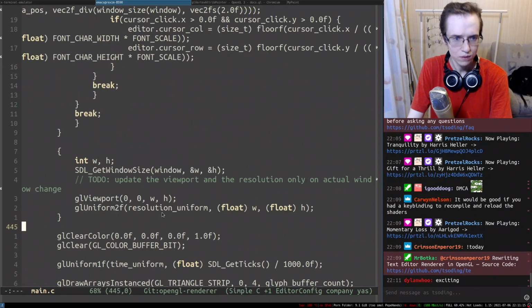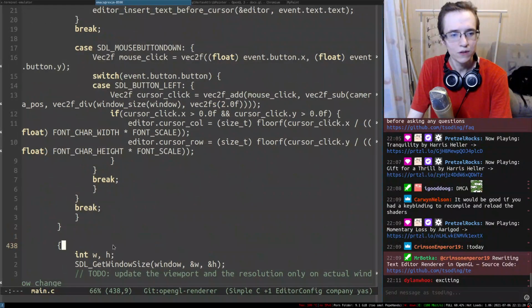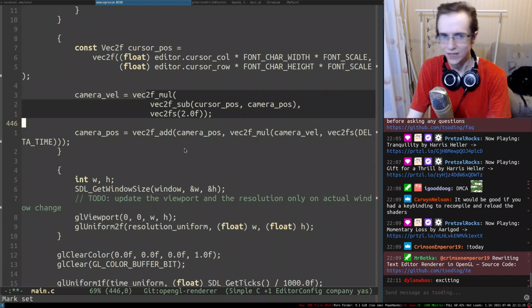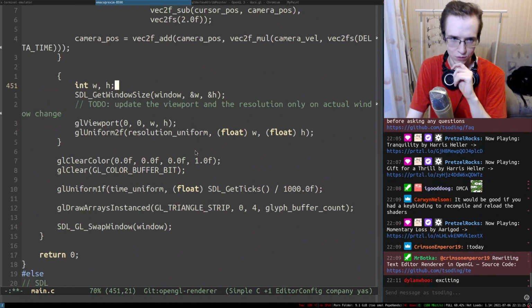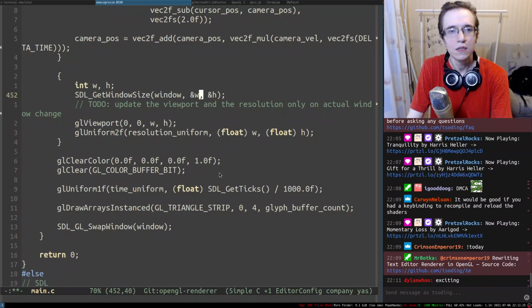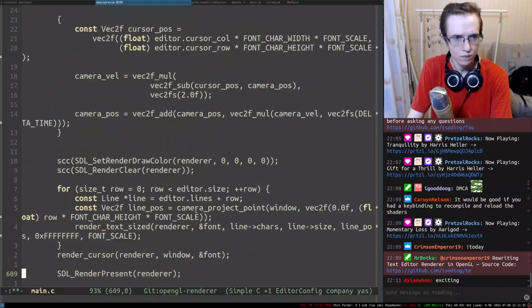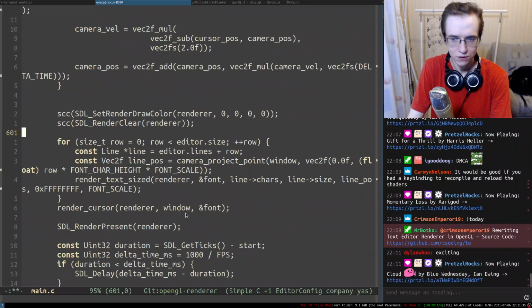All right. So update the size. So here we are actually setting up the camera. So that makes sense to me. So the camera has been set up.